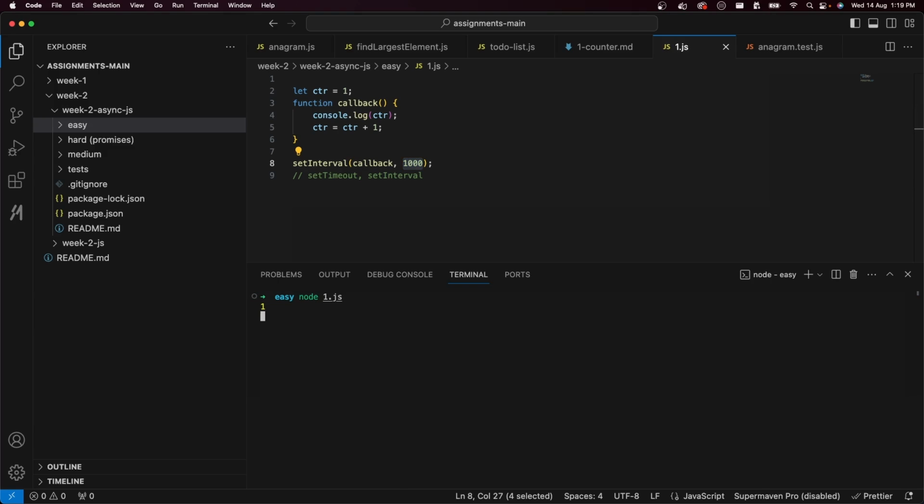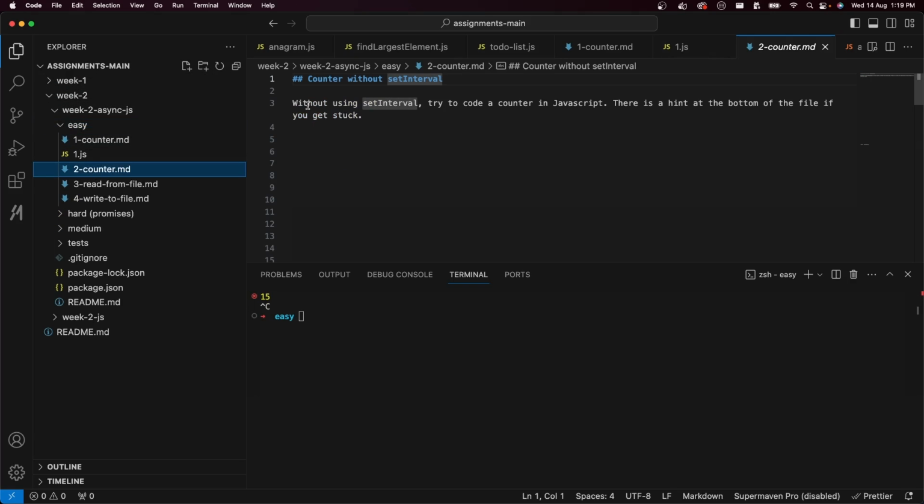Now, if I run node 1.js, we have a stopwatch. One more thing you can do is console.clear over here. That way, only the current number gets printed. 1, 2, 3. You have a stopwatch right there. Cool. Was that simple? If you knew setInterval, it was straightforward. If you did not know setInterval, and let's say I force you to not use setInterval. For example, if you look at the next problem,